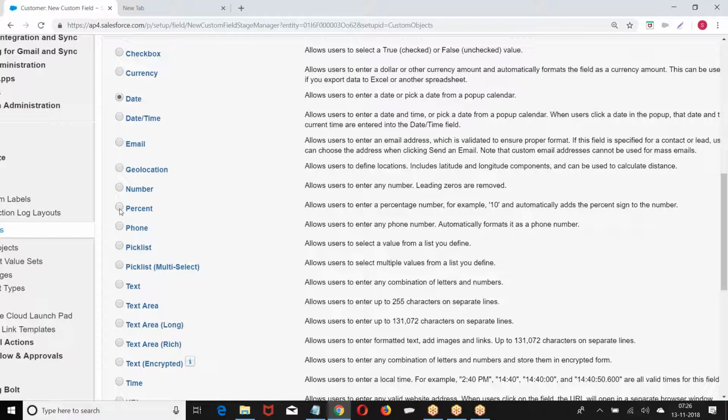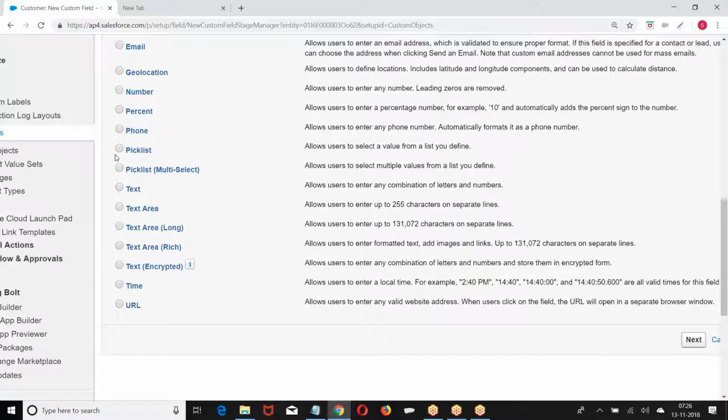Phone number. If you want to store a phone number, we'll go with the data type phone. Generally in Salesforce, a phone number is considered a string because we use 040 hyphen or +91 or 040 within brackets. That's why it is a string. Right. Then we'll discuss picklist once again. Text. If you want to enter an alphanumeric value, then we go for text.